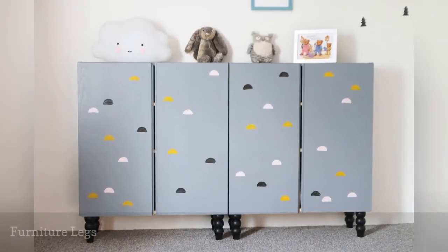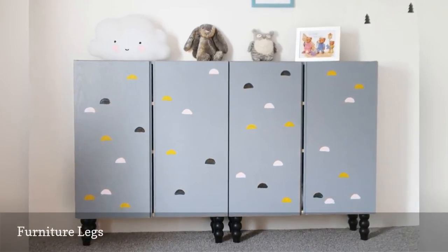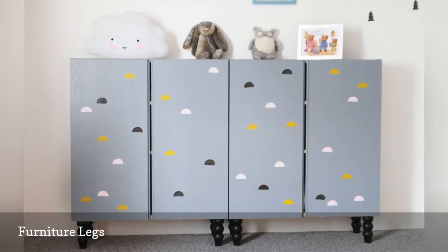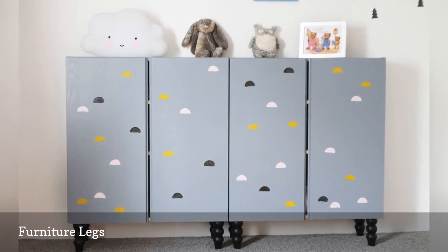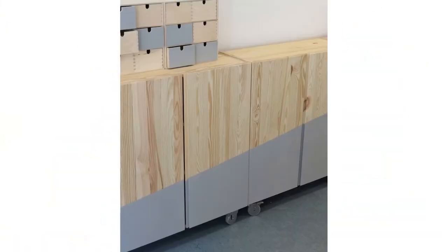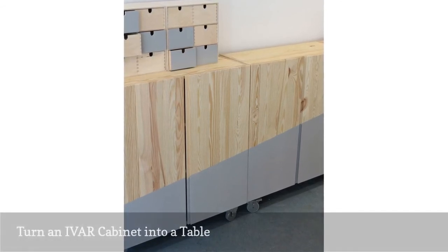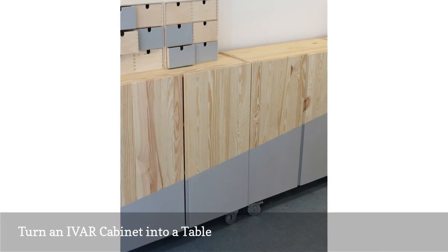Besides painting or staining, one of the easiest ways you can turn an Ivar wall cabinet into a brand new piece of furniture is by adding a set of attention-getting legs. This project by Annelies Vermeulen at Alahapa is an adorable example. Dutch blogger Carina Ligthert from YDEAS created a fleet of double-duty storage tables for her office and added caster wheels